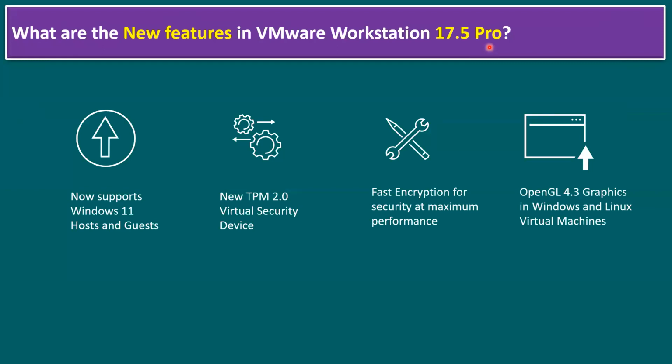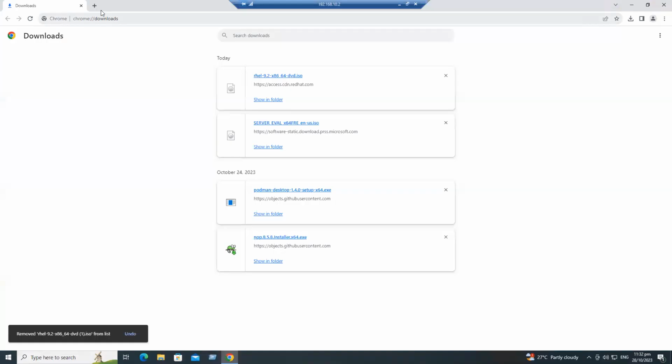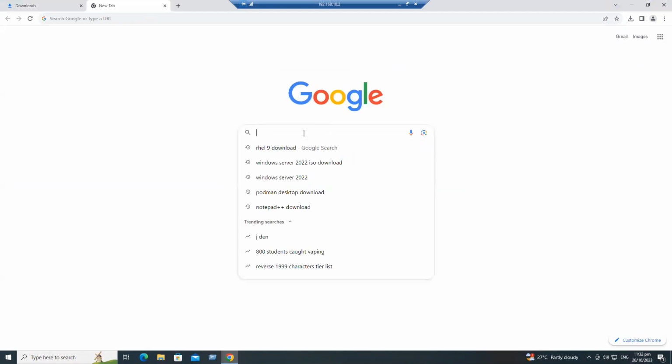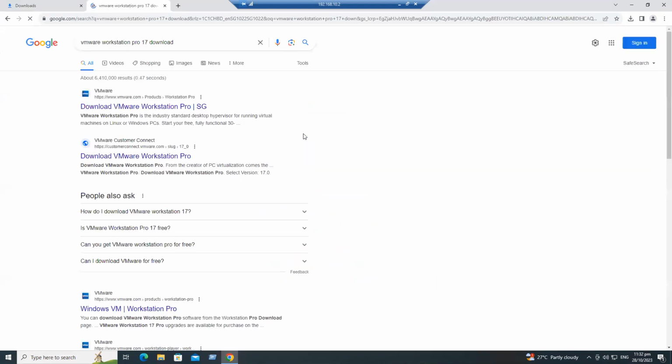Okay, now before we talk about the additional points on VMware Workstation, we can quickly download the software and install it in our lab environment. Let me connect to our lab system. Let's say if we plan to download VMware Workstation, in Google we can just type VMware Workstation download. When we type VMware Workstation Pro 17 download, it will redirect to the download link